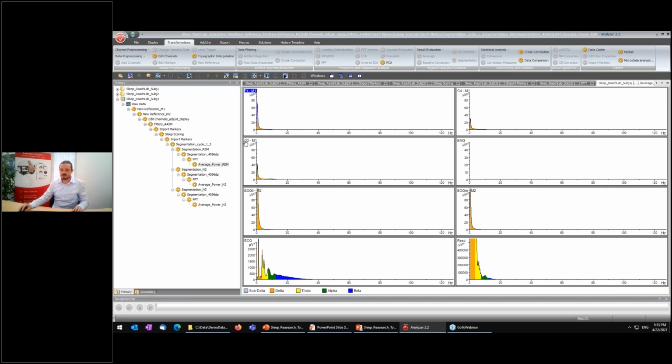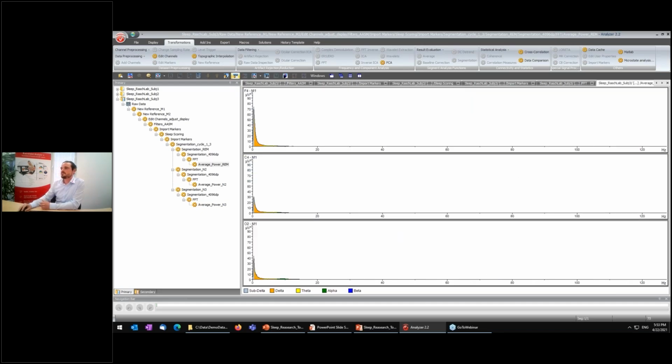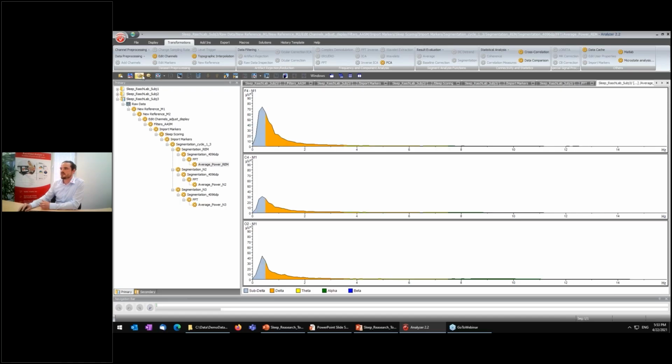So let's just look at the frequency spectrum of only the EEG channels. Again, adjusting the view a little bit so we can inspect it a little bit better. So here, there's not a lot to see, but I also